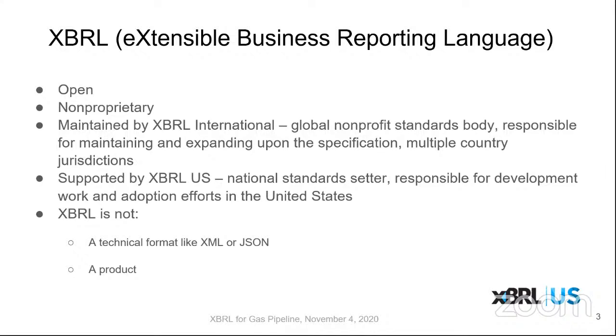They have multiple country-specific jurisdictions. So I believe there are about 27 different country-specific jurisdictions, and we are one of them. XBRL US is the US jurisdiction of XBRL International. So we are the national standard setter here in the US. And our role is to do development work, like building the FERC taxonomies, and to support adoption efforts here in the United States. So on the development side, we worked with the FERC to help build out these standards that